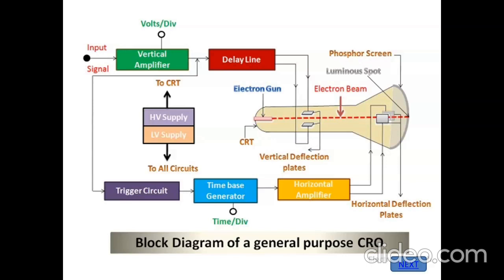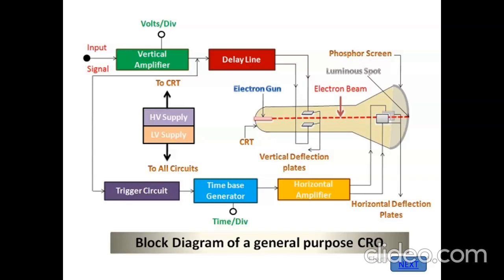In the next, if you're going to see horizontal amplifier, in the horizontal amplifier, again, it has to amplify the signal before it's going to go for process. Okay, the strength of the sawtooth signal is not sufficient, so it is amplified. Before applying to the horizontal plate, it is given to the horizontal amplifier.